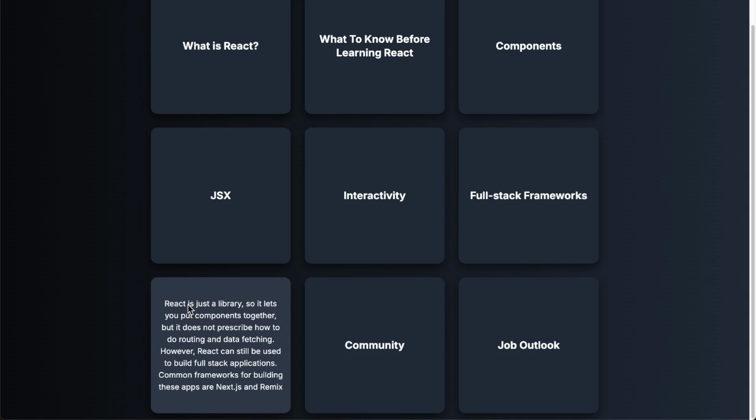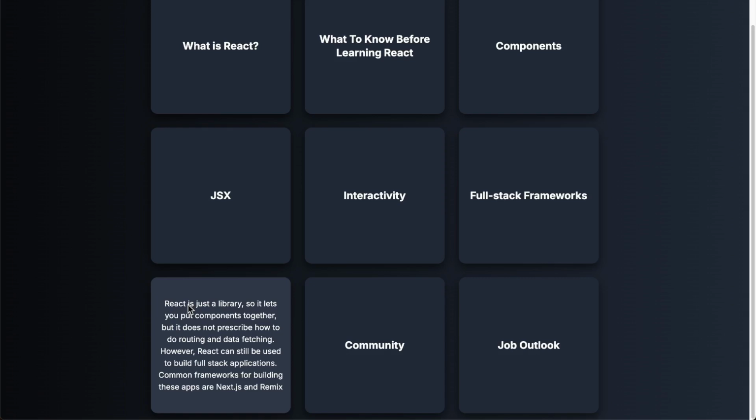However, like we just discussed, React can still be used for those full stack applications like Next.js and Remix that do provide more prescriptive ways to do data fetching and routing. I'm most familiar with Next.js, and I have a lot of videos on this channel about Next.js, but Next.js provides you more prescriptive ways to do routing, like Next.js has built-in routing, which I actually really like. And then it also has ways to do data fetching, and it kind of prescribes different ways to do that. Now, I'm sure Remix has very similar things, but I'm just a little bit less familiar with that full stack framework because there's only so much time in the day.